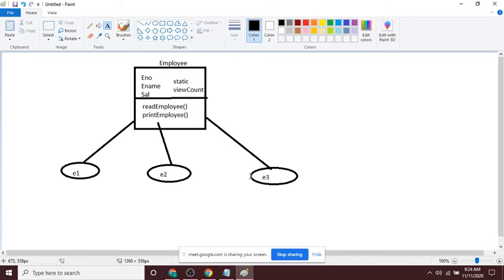Got some knowledge about instance variables and static variables? Yes, sir. An instance variable has a separate copy for each object, whereas for a class variable only one copy is made, it belongs to the class, and all the objects share that copy. Understood?